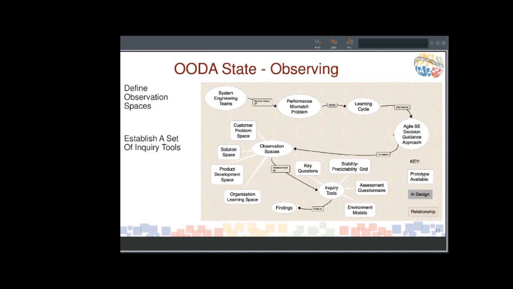And so to answer those questions, you've got to know where to look and what to look for in order to find out the why you want to even get to Agile to begin with. So that's the whole purpose for the observational spaces and the inquiry tools to help look at those things. This is the first part of the